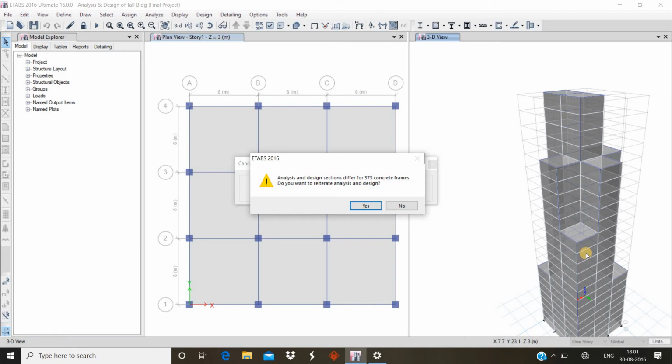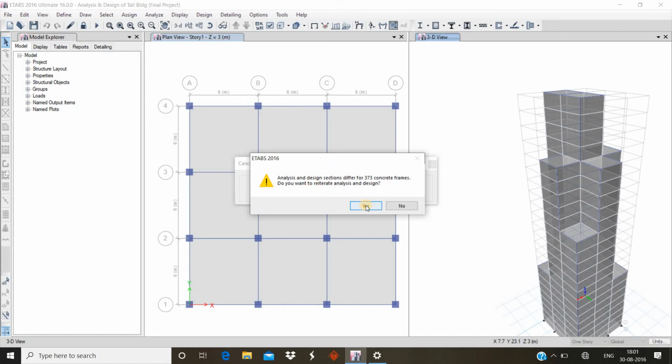Now what is the notification here, guys? Analysis and design sections differ for 373 concrete frames. Do you want to reiterate analysis and design? It means we have to redesign these 373 concrete frames, because they are not capable of resisting the load.